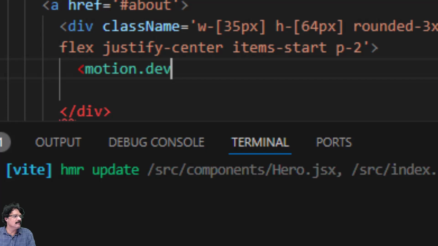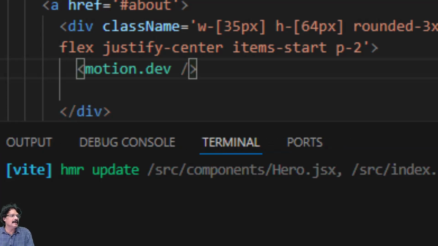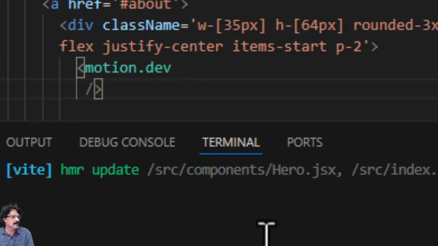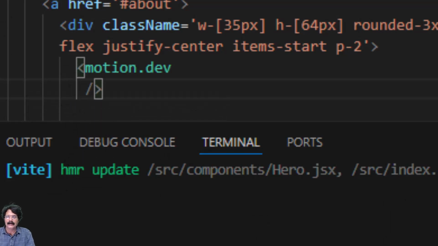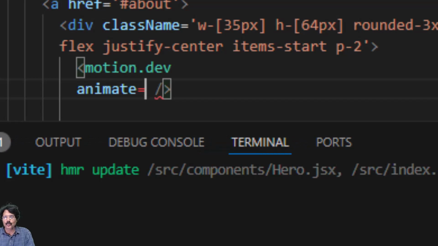We are going to call this component motion.div, and I will add a forward slash and create this. I am going to call this, and inside this motion.div, the parameters that we are going to add is, I will press space and come to the next line. Now here I am going to add the property animate, and this animate will be equal to,